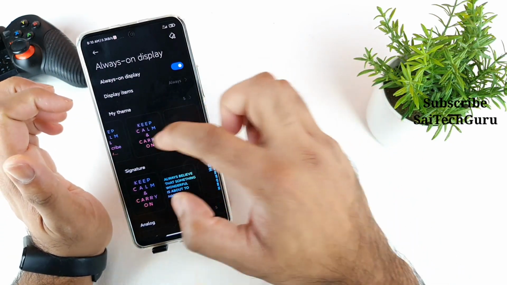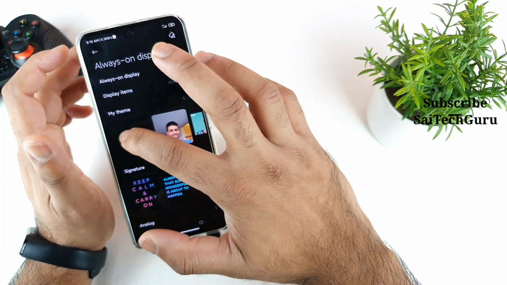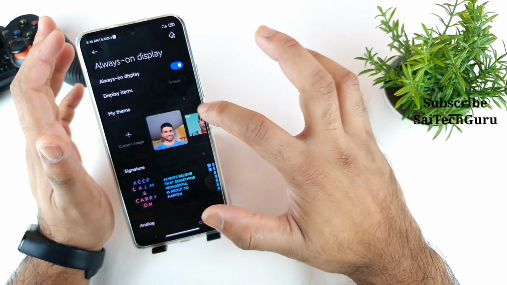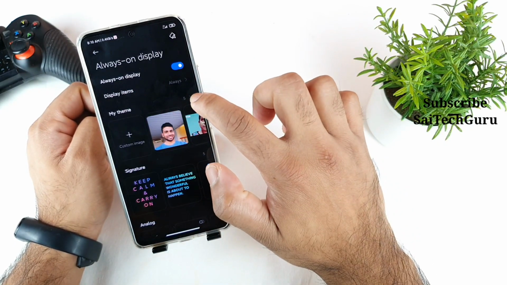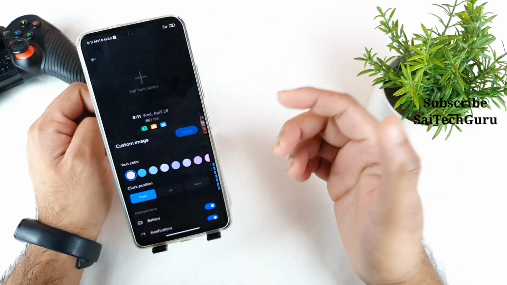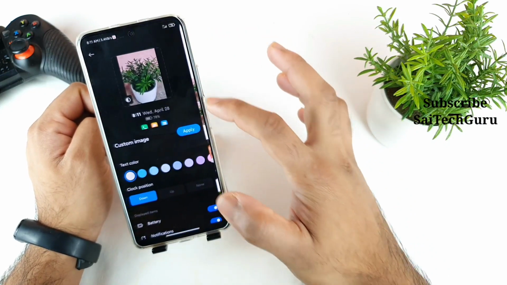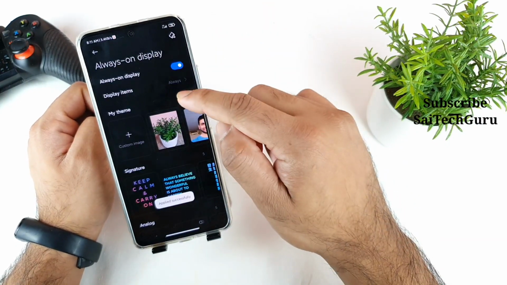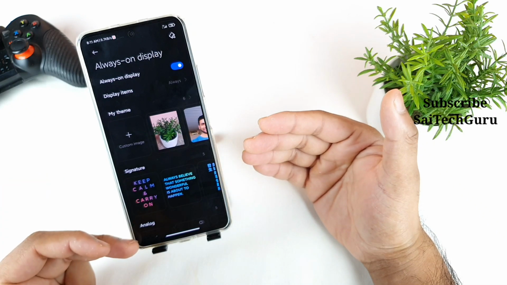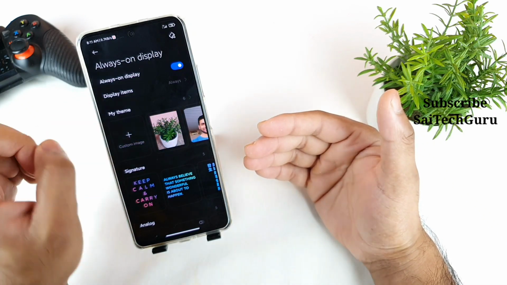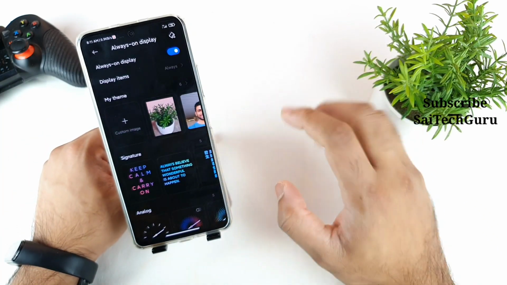Whatever you create, your themes, everything will be stored in this My Themes category. For example, right now the number is 5, as you can see here. Let me select a different image and start applying. As you can see, my themes number will increase to 6. So in this way, no matter what you create, everything will be stored in My Themes. So that's a very good, neat feature.